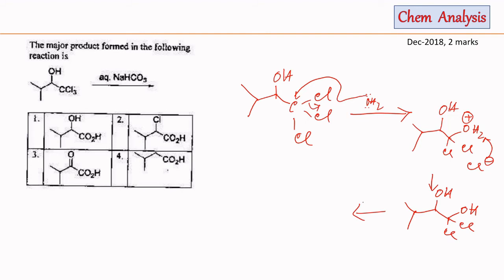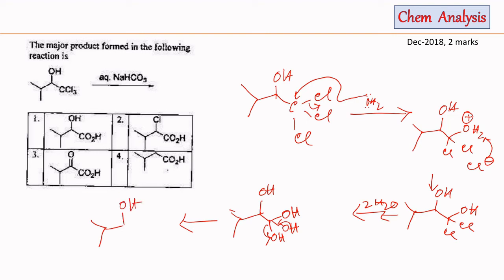Similarly, another two water molecules can attack at the CCl bond to form the corresponding triol species, and it can liberate a water molecule, that is, here the OH bond will break and a double bond will form, and OH will be liberated. So there will be liberation of water and it will form the corresponding acid part here. So this will be the final product of the given reaction,